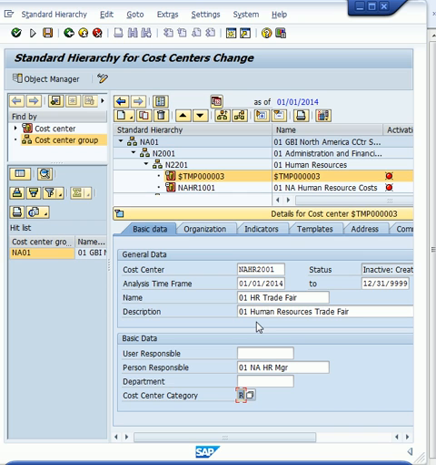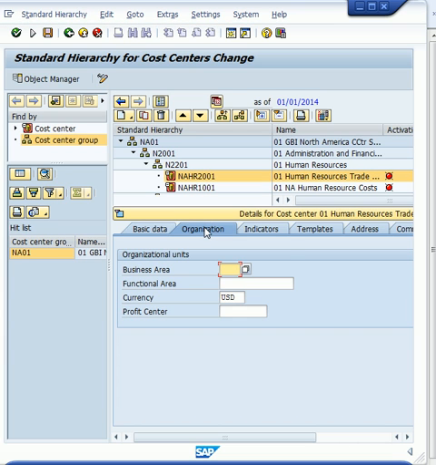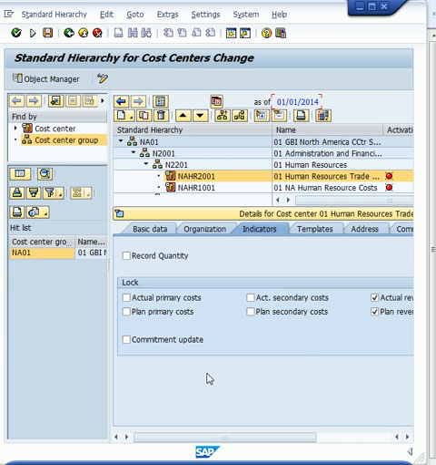centers or activities that is charged just to that department. Again, you'll make sure under organization, your business area is BI01, and the indicator you have, well, commitment update is already unchecked. Okay, the third cost center